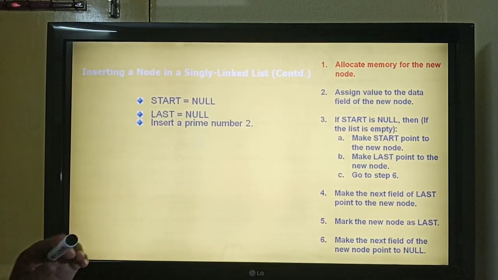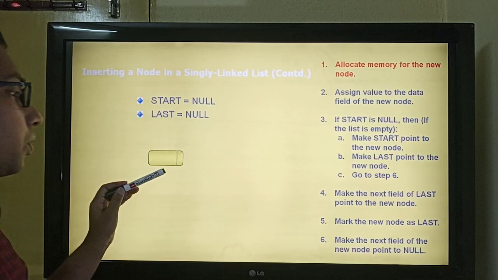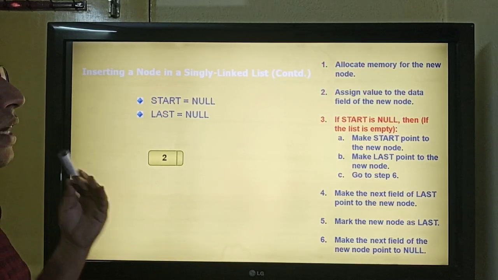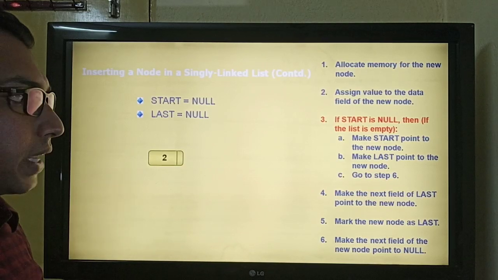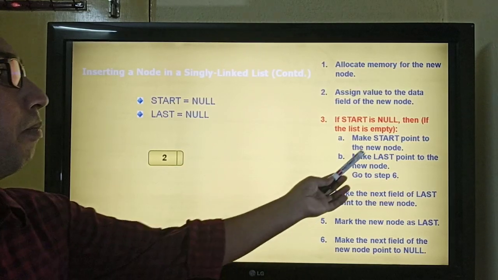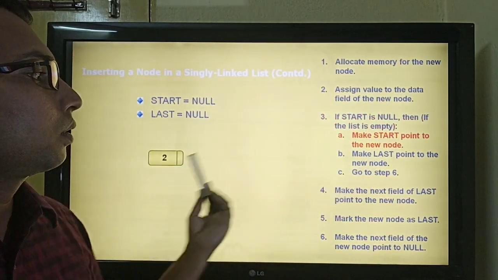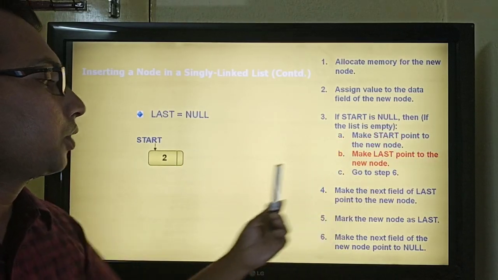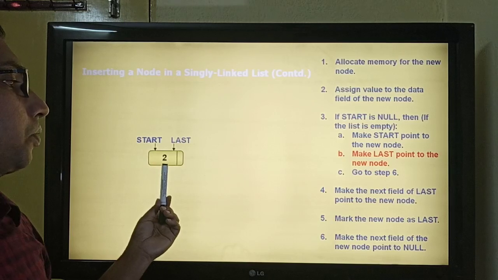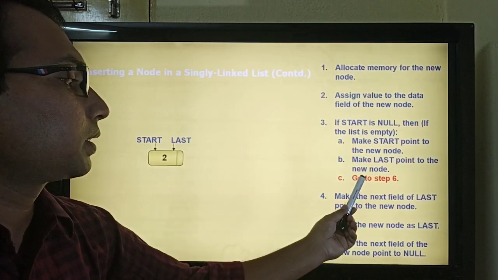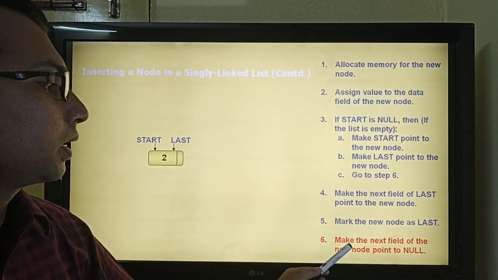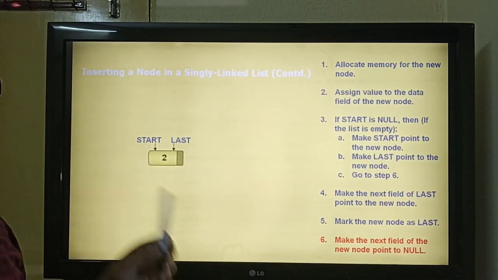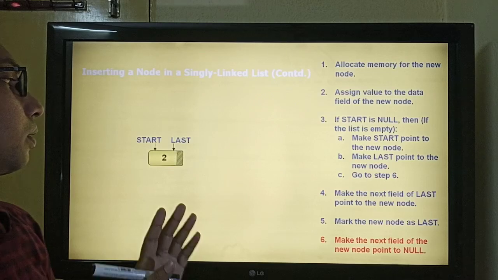First we will allocate memory for the new node, assign a value to the new node, and then check if start is null. If it is null, then make start point to the new node. Make last also point to the new node, and then go to step number 6. Step number 6 says make the next field of the new node point to null, the address part to null, because it is the only element.